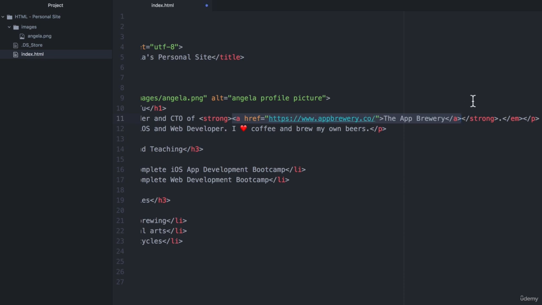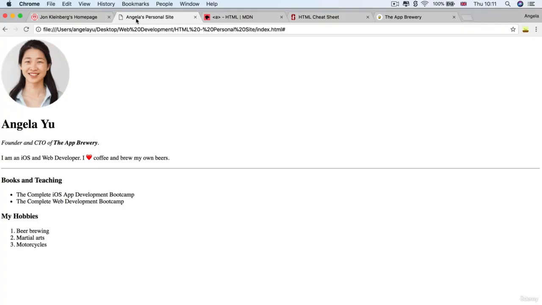So if we hit save and let's go back over here and hit refresh, you can see that this has now been underlined and it's highlighted in a different color. Now, by convention, the highlight is going to be blue if it's a link that we've never clicked on, and it's going to be purple